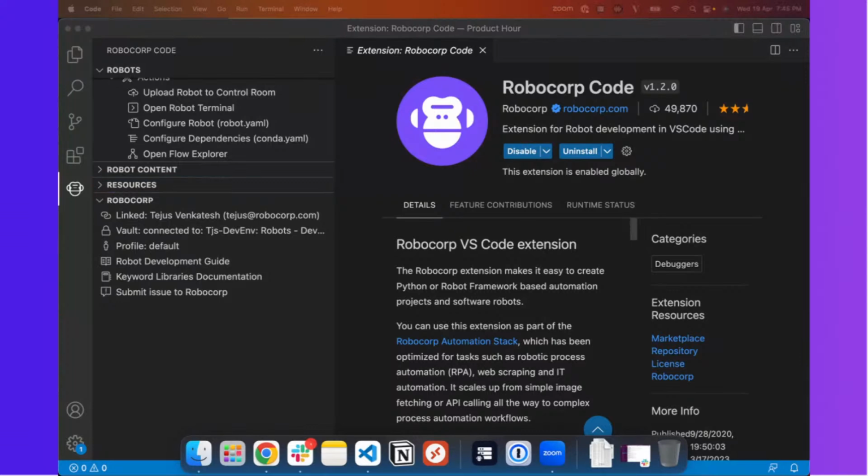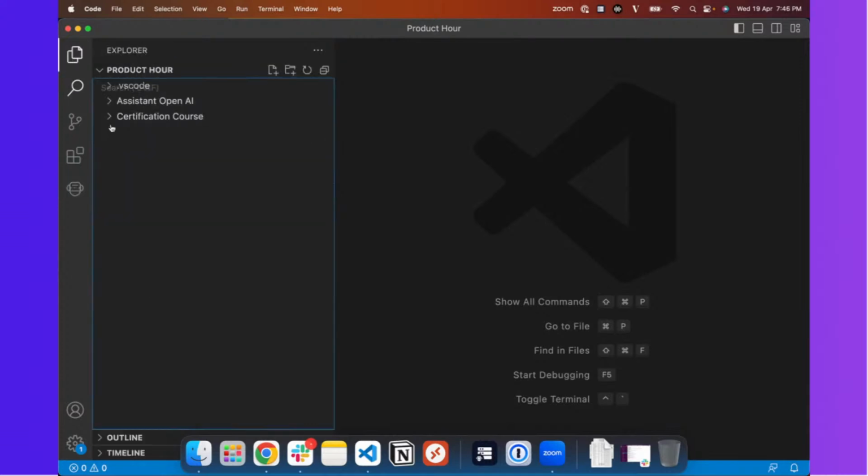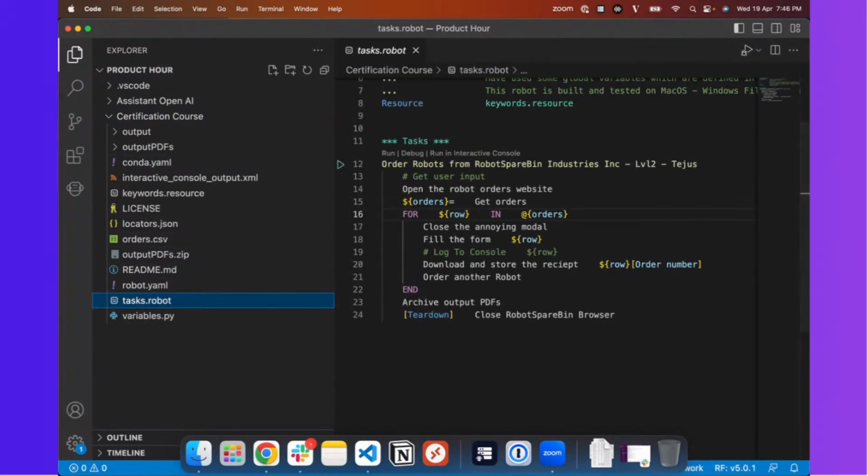Cool. Now let's go look at one of the code and show you my favorite topic. Maybe let's go to a task.robot.